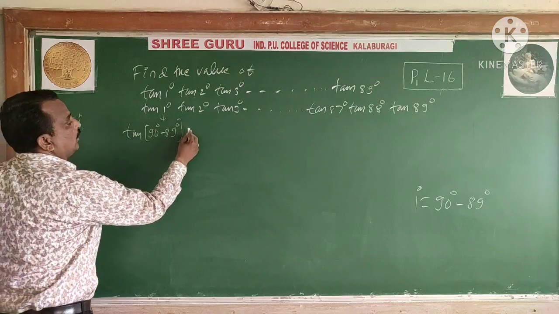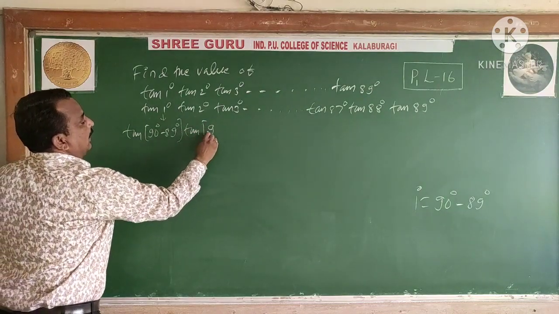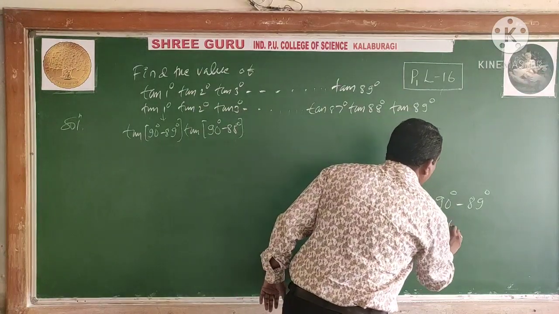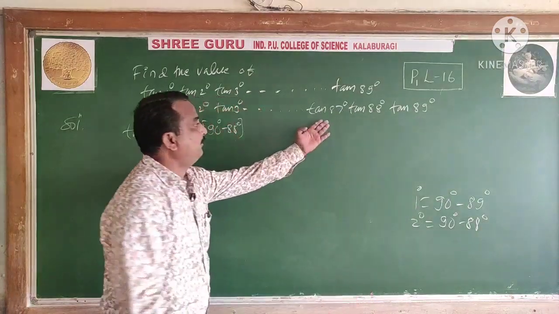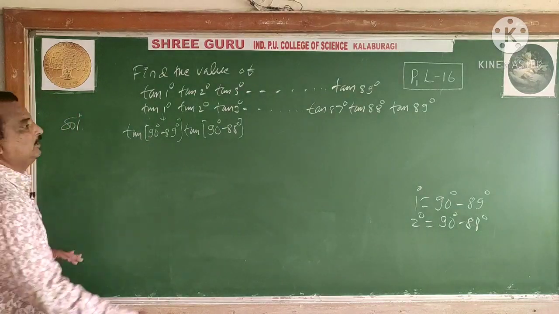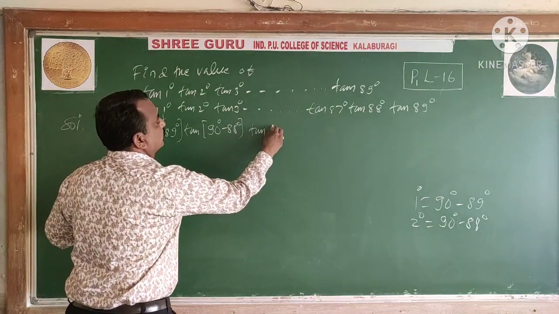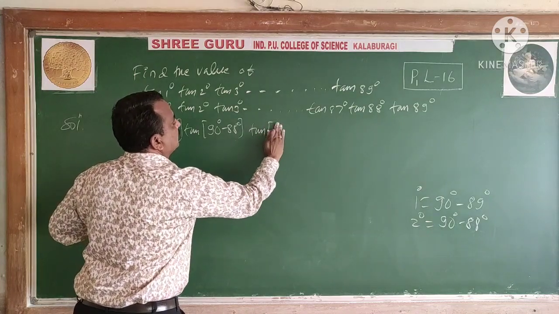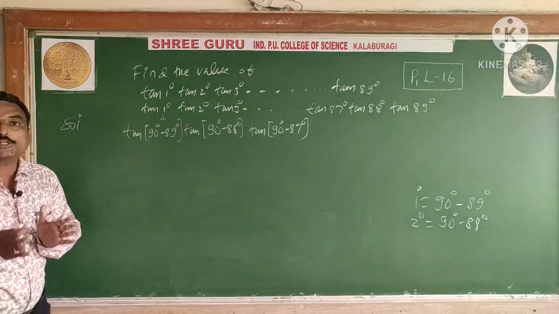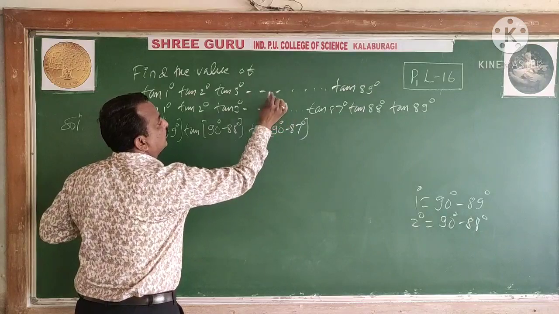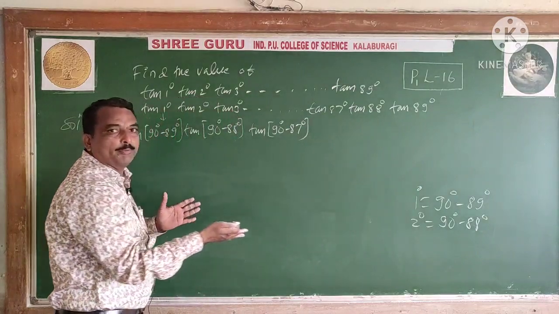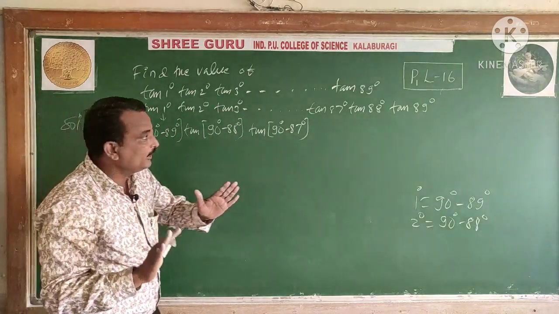Similarly, here I will convert 2 also. Tan of 2 is tan of 90 minus 88, is it possible? Yes, 2 is equal to 90 minus 88. Because here you have the terms tan 87, 88, 89, like that you have the terms. Similarly, 3 can be written as tan of 3 is equal to 90 minus 87, like that. So half of the terms are converted like that. Half of the terms means tan 44 converting, 44 pairs. There also 44 pairs. Like that we have 44 plus 44, it becomes 88.